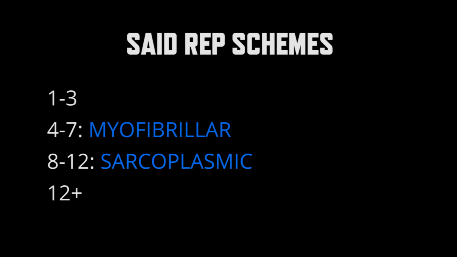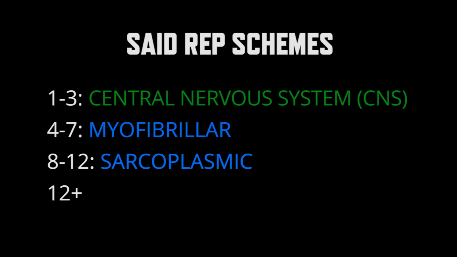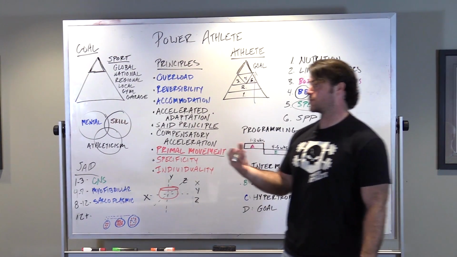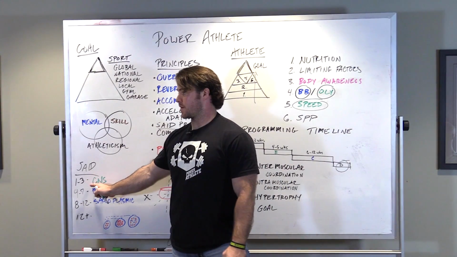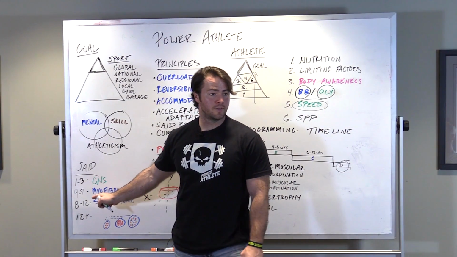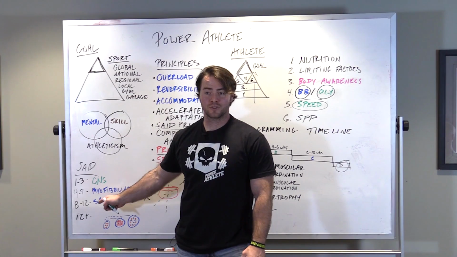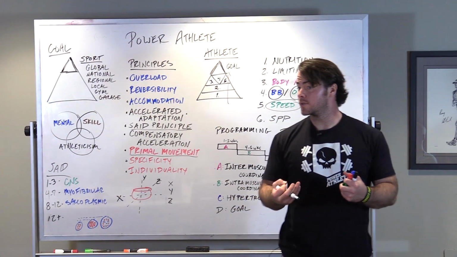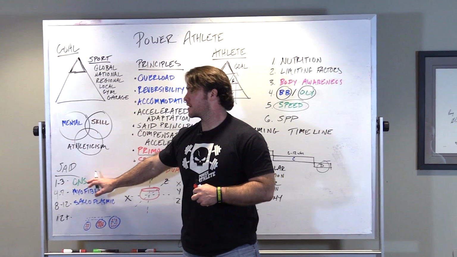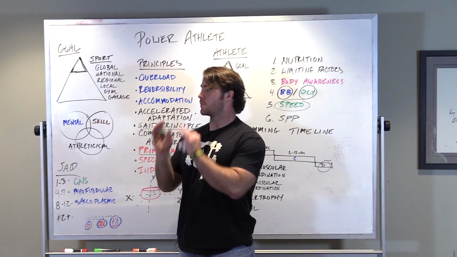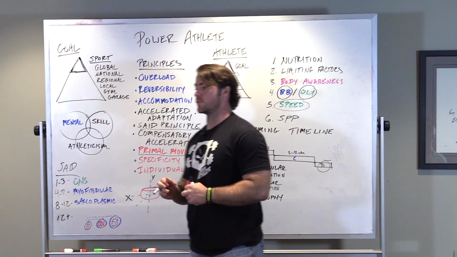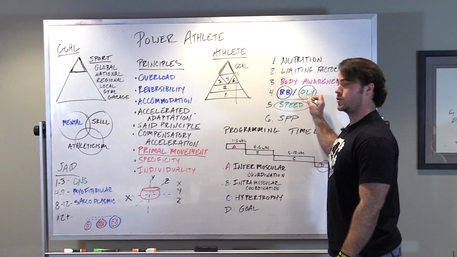Our other two rep schemes here. So this is going to be intramuscular coordination, central nervous system efficiency. And if we look at it in any Olympic lifting focused program, 1 to 3 reps. What happens to rep 4? Probably looks like shit. Or it's just in a set of front squats when we're not focusing on technique and the execution. So any rep schemes here, guys, you see there are 1 to 3 reps. The purpose, the goal, the adaptation they're trying to drive is going to be central nervous system efficiency, which to you means power